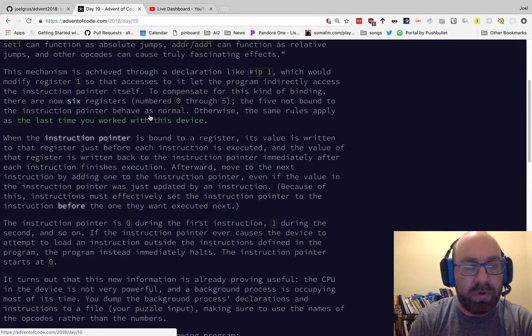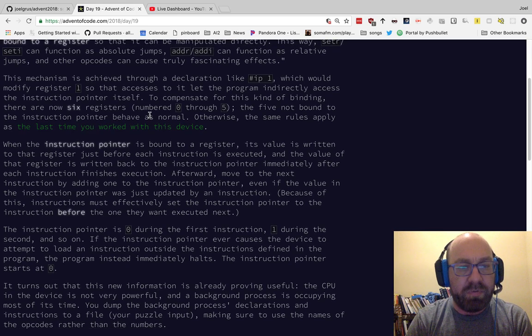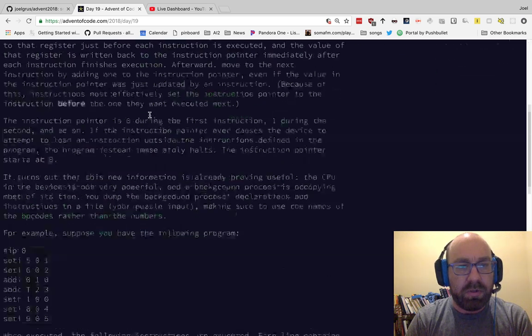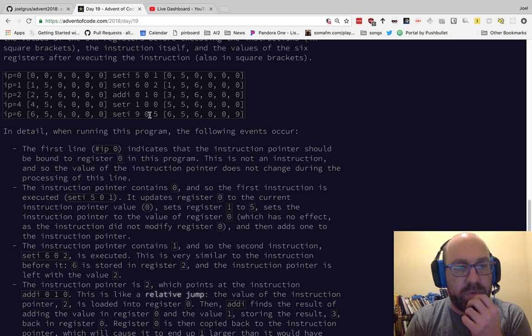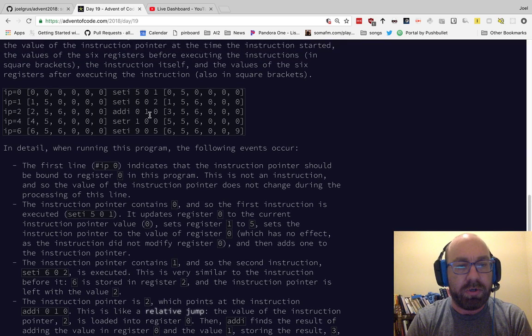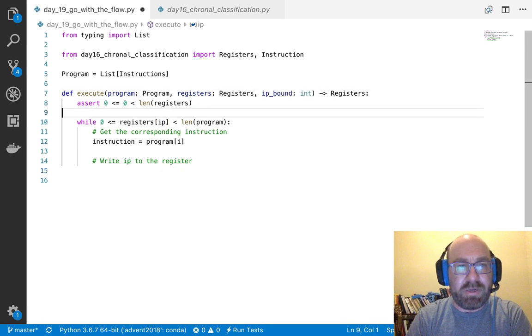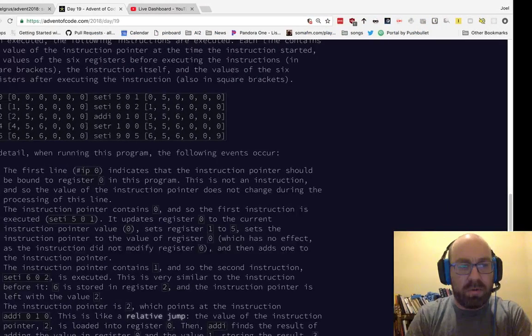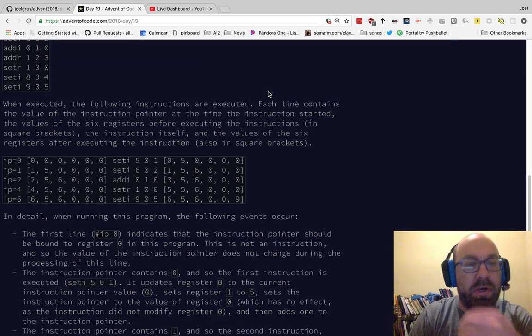So the instruction pointer is bound to a register. Afterwards, move to the next instruction. So the instruction pointer should be bound to register 0. So let me call this IP bound, and instruction pointer contains